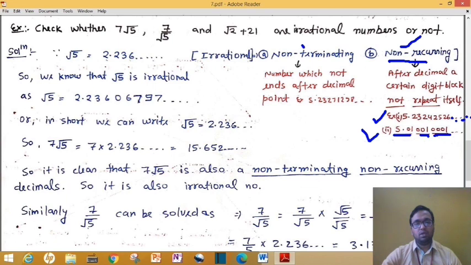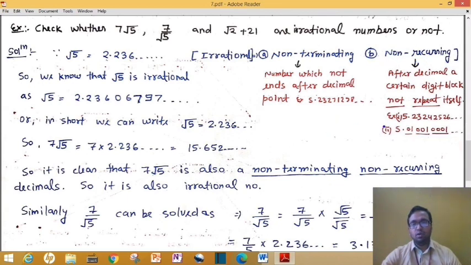So whenever a number is non-terminating, that is the first condition, it should not terminate. Suppose you have a number like 5.23, okay, so you can say this is a complete number. Complete means this is just a terminating number. It terminates after some certain digits, after 2 digits. So it will never be an irrational number. It is always rational, such a number. But a number that keeps on going like this, and in that also there should be non-recurring, meaning the number should not repeat itself, such numbers are called irrational numbers.